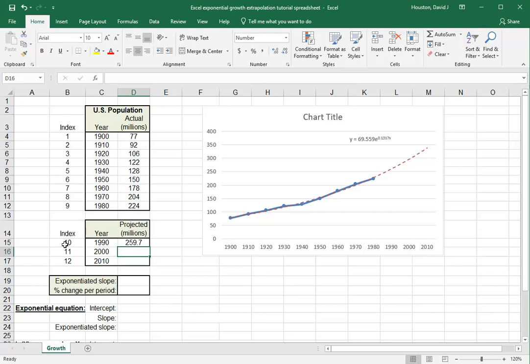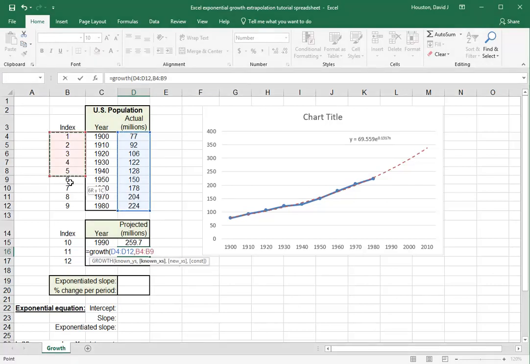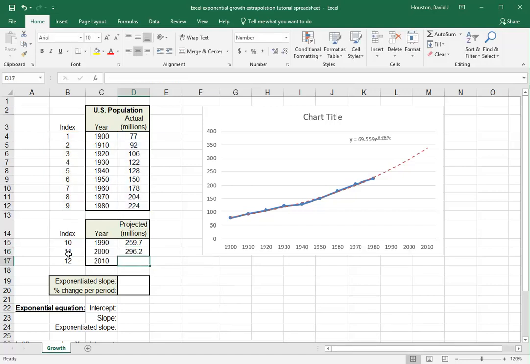But I'd also like to show you now how we can generate the actual exponential growth from the previous equation that you see displayed on the chart. Let's go through that same process again for the next decade value for the exponential equation label there. I'm going to type in highlight and select the known y's. Use the growth function one more time. The x variable for the index values, known y's, comma, and then the new value for the x's, that's the index variable, which is the index, and now a 0. Typing in comma 0 and close parenthesis, and for the year 0 is going to return if the trend continues,